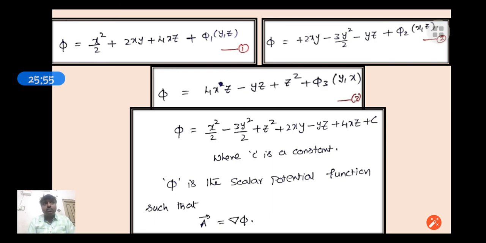First, with the help of the irrotational property I calculate the a, b, c values. I replace the a, b, c values in the given vector point function a bar. After replacing, we compare it with grad phi. By comparing, we get 3 different equations. By solving these 3 equations, you get phi. This is the way we can calculate the scalar potential function corresponding to an irrotational vector or a conservative vector field.